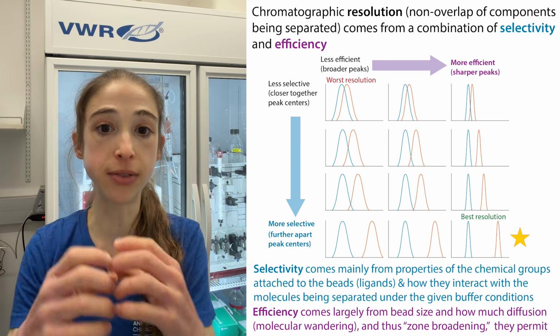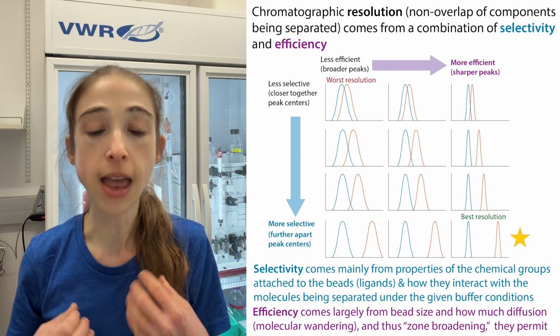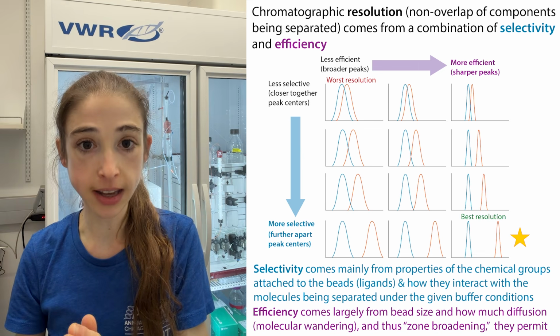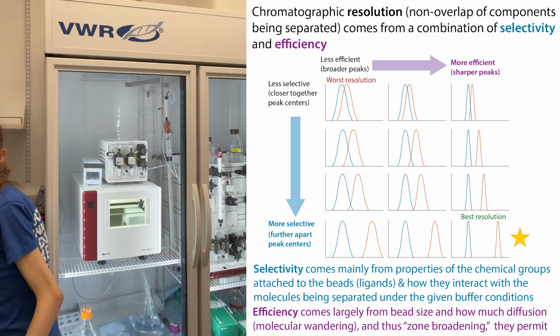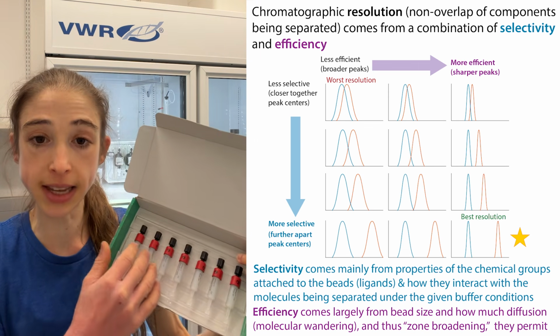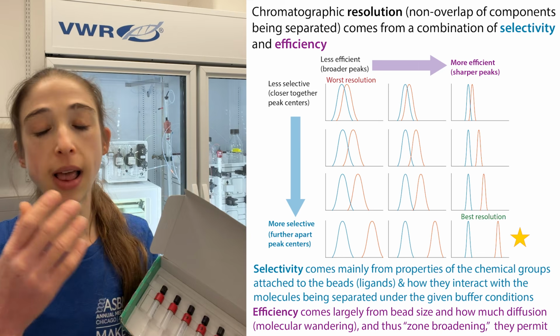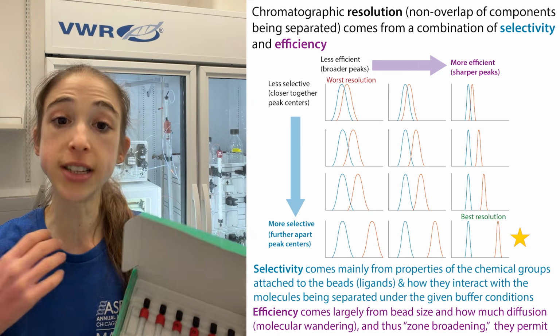And then you'll have the bigger beads, which is good for fast flow. And again, that's the efficiency. The selectivity is going to come down mostly to the properties of the surface of the beads, the ligands on the beads, as well as the buffer conditions, because the buffer conditions are going to